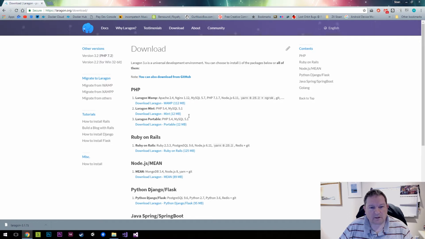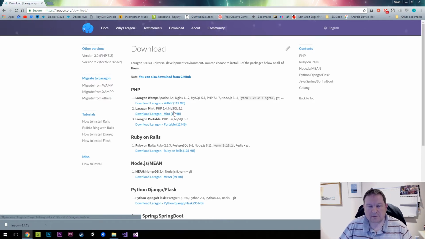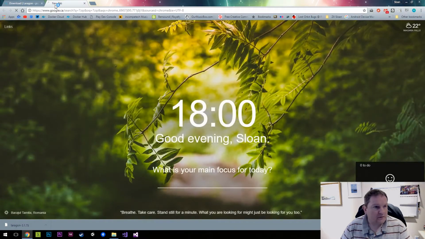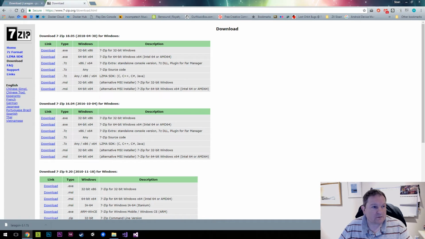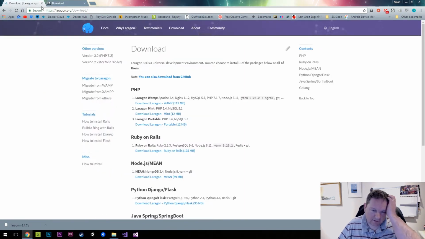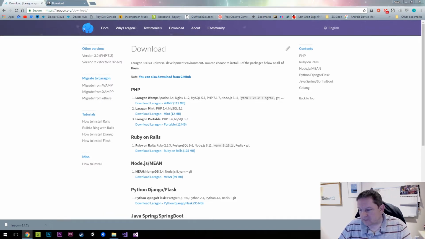Now, there's various versions of PHP. I'm not really interested in anything spectacular because it's a very, very simple database. So the one I'm going to choose to download is this Laragon here, which downloads a 7-zip file. So you'll also need 7-zip. You'll also need to download this here, which is 7-zip. It's a very simple program, but it'll allow you to extract this file here. And once you've extracted it,